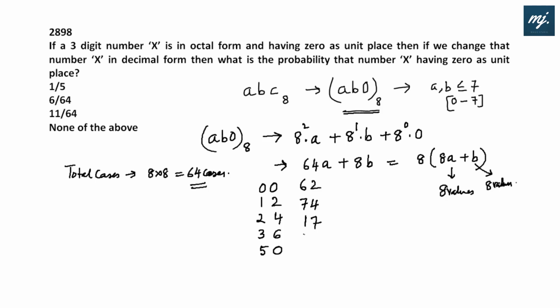Then 3, 1 will also give me 5. 4, 3 and 2 will also give me 5. So how many numbers are there for a and b which will either give me 0 here or 5 here, which when multiplied by 8 will also end up getting 0. Again 5 is 40 and 5, 45. Wonderful. A is 5 and b is 5. Then 6 is 48 and 7. 6 and 7. I can't move further.